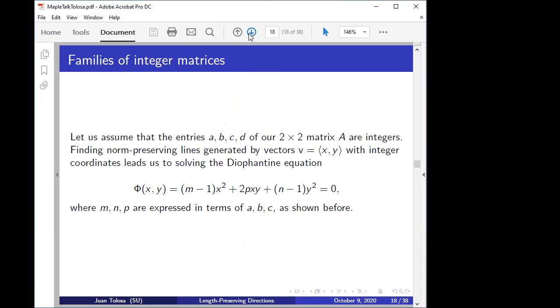Now, when you assume that the entries of the matrix are integers, then the corresponding quadratic form has integer coefficients. Remember that M, N, and P are our homogeneous polynomials in A, B, C, and D. The question is to solve this Diophantine equation. So in general, I found